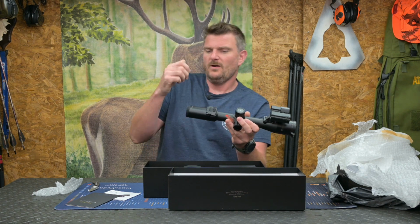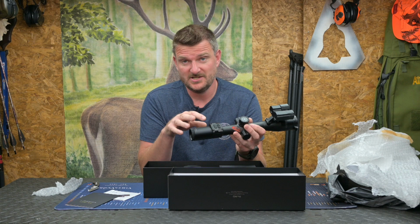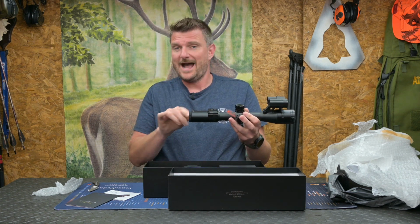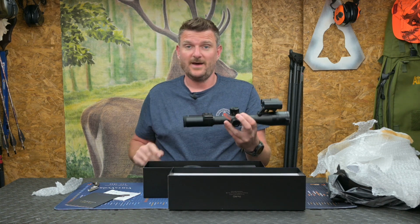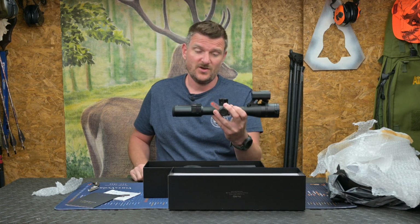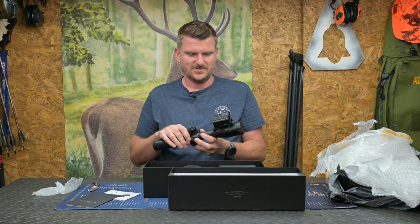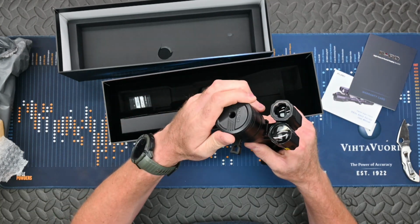So what I would say about the DS35 over any digital rifle scope I'd used previously is that the circular field of view, the 100mm of eye relief, and the fact it's on a 30mm tube makes it easy to mount, and in terms of ergonomic use it is so similar to a regular daytime rifle scope. Looking in a little bit more detail now, there's a folding lens cap on the front,